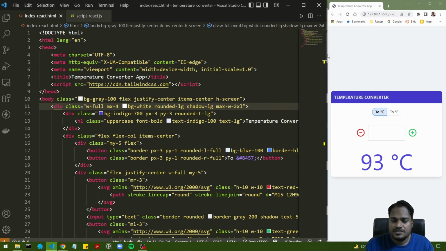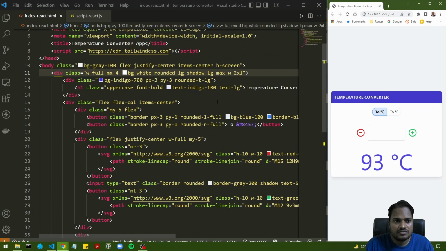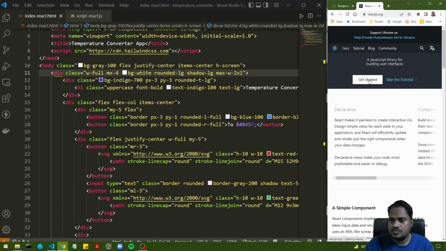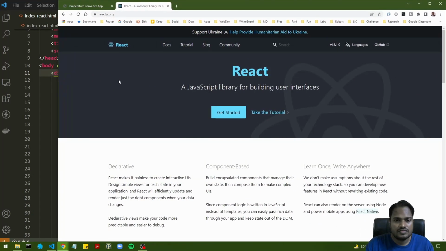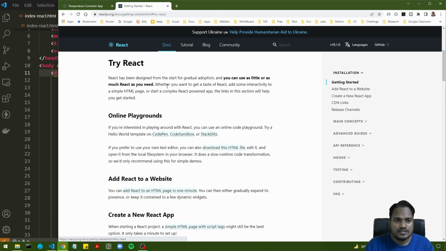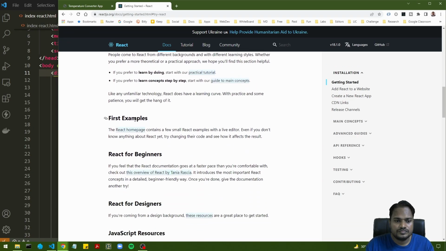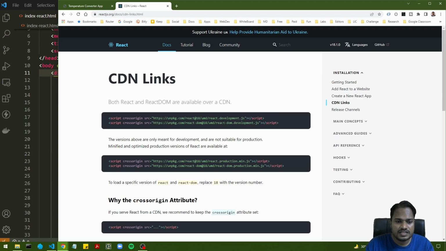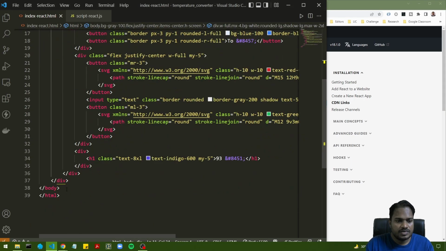Right now nothing is functional. So the first job is to bring the React library into this. So let's open up the React.js website. Let's go to get started, and over here, if we go to try React, and here if we go down, we can go to the CDN links, and here we can get the CDN links for the React library. So let's copy that and paste it